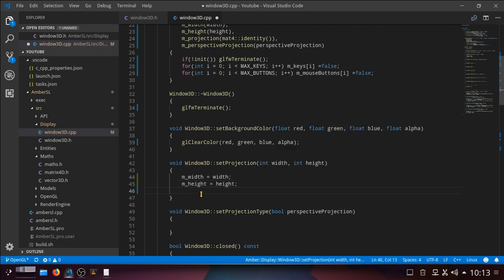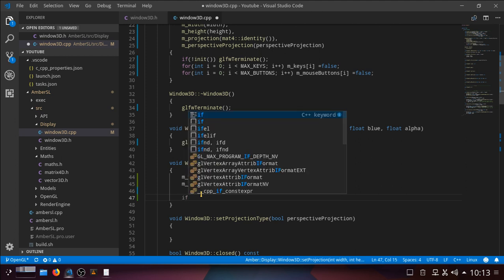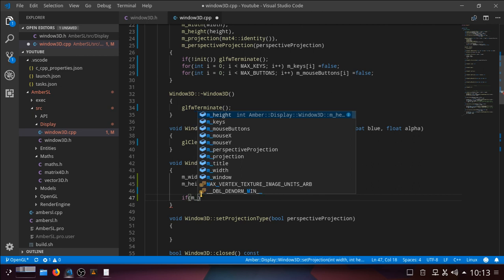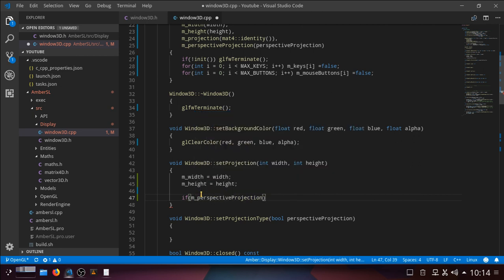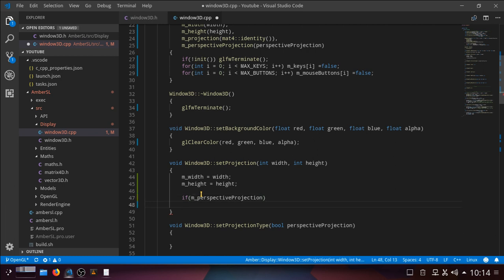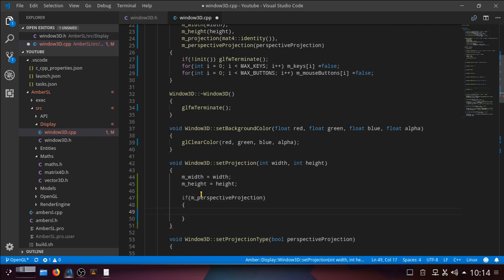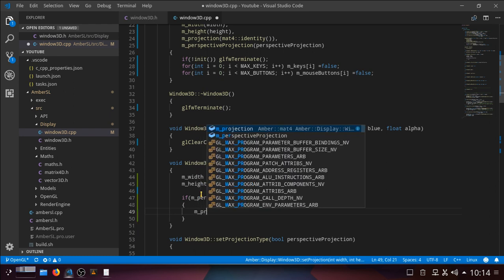Now, what do we need to do with it? Depends, doesn't it, which projection we're in. If it's m_perspective_projection, we're ifing it because it's a true or false. So if it's this one, what do we want to do? We want to set up the projection, don't we? So m_projection